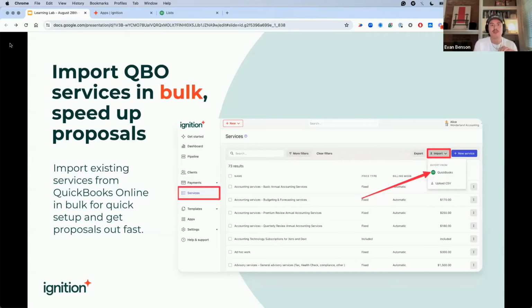We actually just launched a new import tool that allows you to bring those services into Ignition super quickly and ready to be used right away in Ignition. Maria's going to walk through a little bit of a demo of how to do this shortly. So the one key with that, though, if you would go to the next slide, is that when you bring